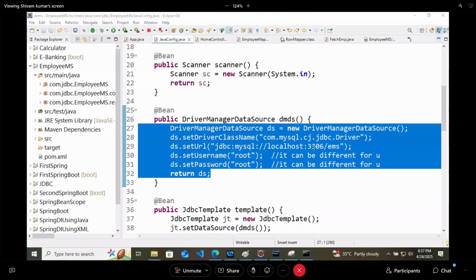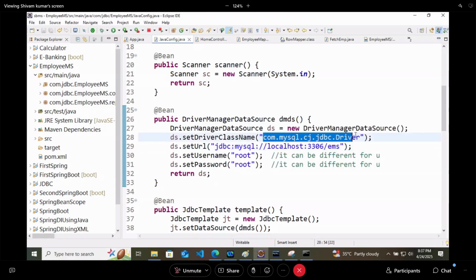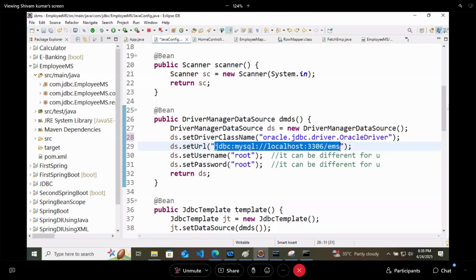And the driver class name in case of Oracle, what is it? Oracle dot JDBC dot driver dot OracleDriver. That is the driver class name in case of Oracle. Now, when we are talking about this particular URL, you can check it again, but for Oracle it is